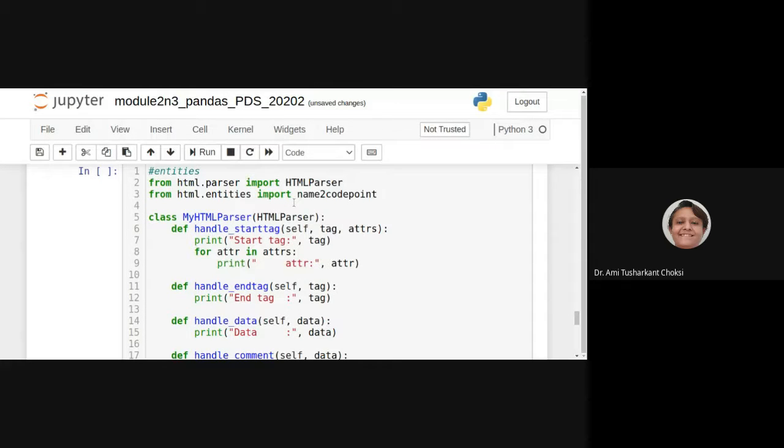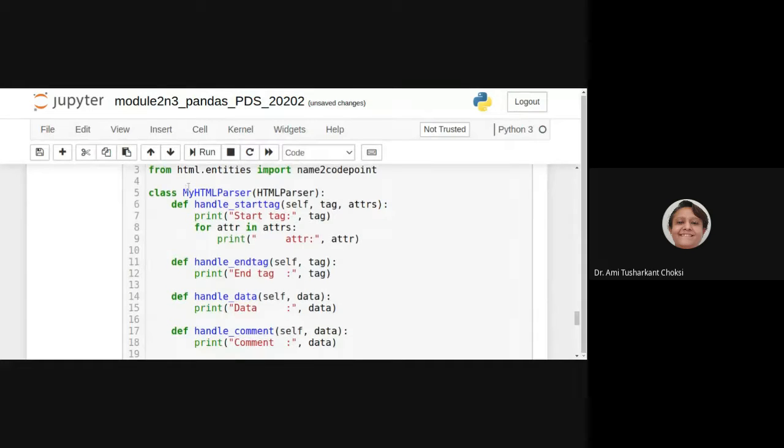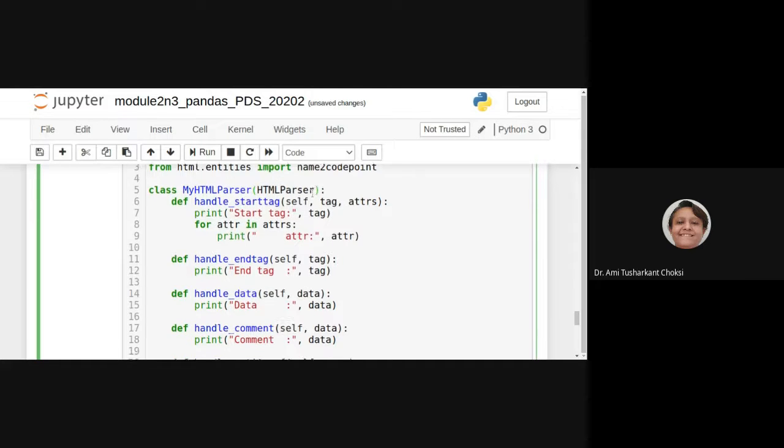Now let us consider entities. For that, from html.parser import HTMLParser, and from html.entities import name2codepoint. We have our MyHTMLParser class, which is a subclass of HTMLParser.